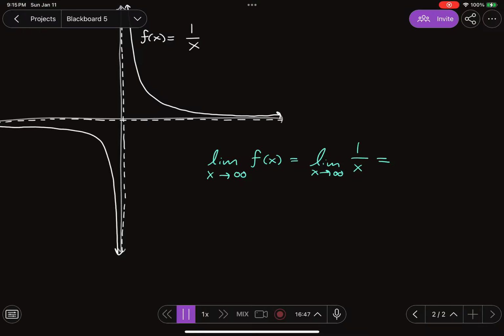So here's the thing. This keeps getting smaller and smaller, never stops getting smaller. It's also always positive. If x is bigger than 0, then 1 over x is bigger than 0. That's something I can prove. So it's always positive, always getting smaller,